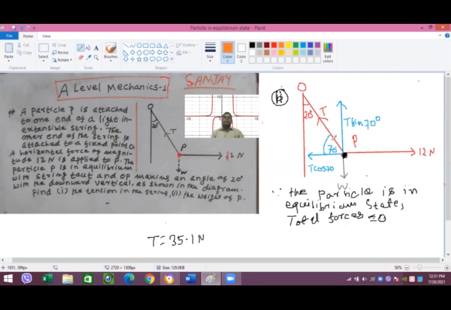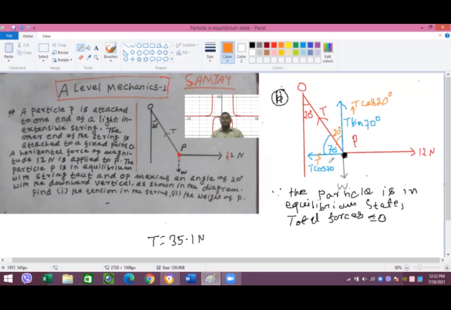And alternatively, in the light of this angle, which is 20 degrees, then along this line, the component of T is horizontal in this case. So with respect to this angle, 20 degrees, the horizontal component for T is T cos 20 degrees, and its vertical component, this will become the vertical component with respect to angle 20 degrees. So it will be